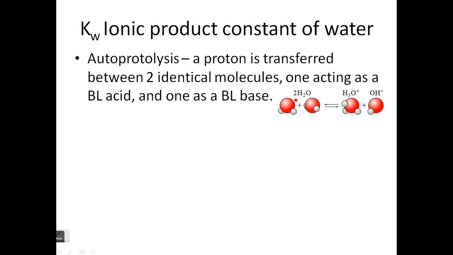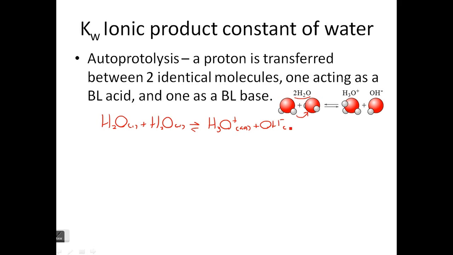So we have two molecules of H2O, and one of them is donating a proton to the other, leaving us with H3O plus, because there's the extra proton. And of course, one of these molecules has lost a proton to give you OH negative. Okay, so we can write this as an equation like this. So two molecules of water, and it's a reversible reaction, so we have an equilibrium, and we have H3O plus